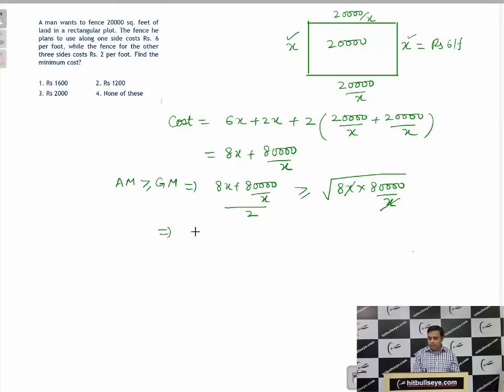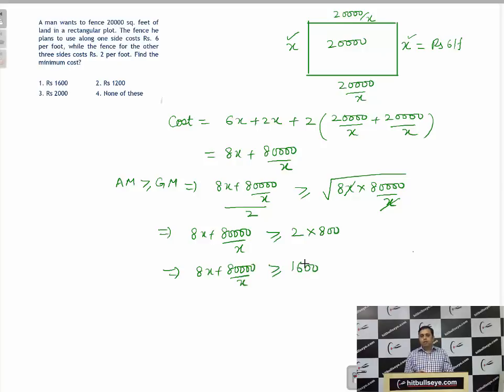What is left behind is 8x plus 80,000 divided by x greater than or equal to 2 times the square root. Now the number inside the square root is 6,40,000 and its square root will be 800. That means we have 8x plus 80,000 divided by x greater than or equal to 1600,